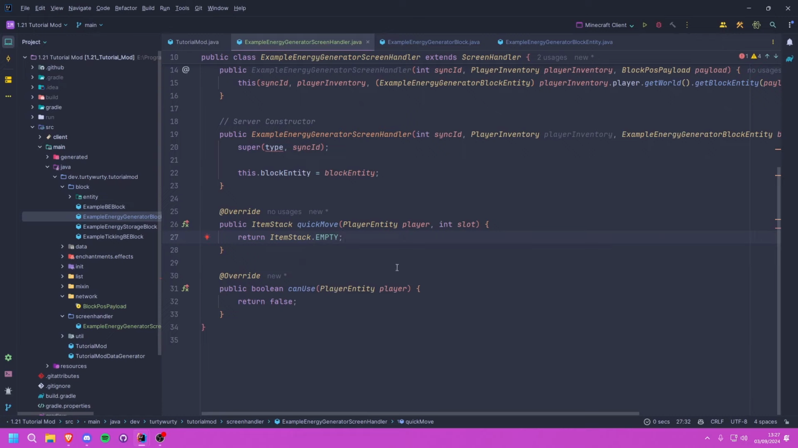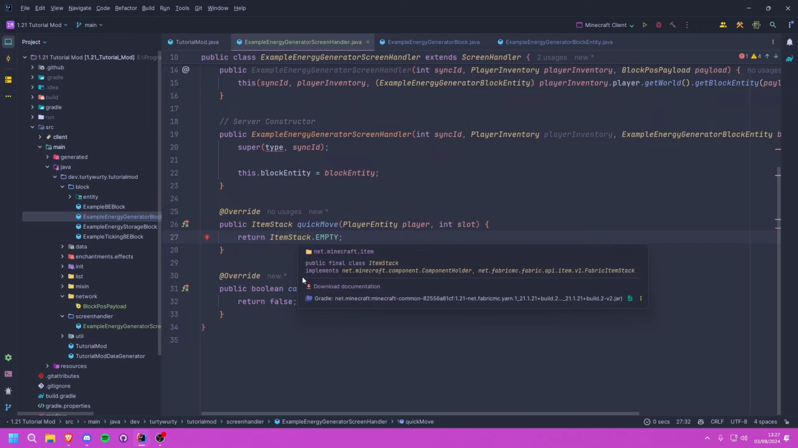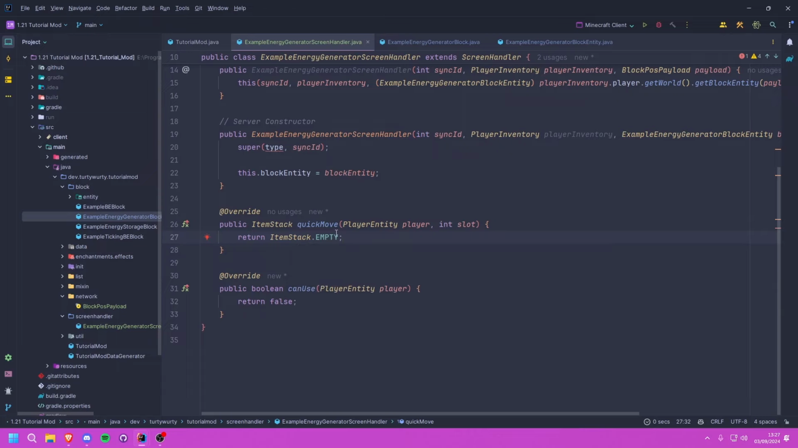So ideally we would have some actual logic to be able to handle that. I'm not going to do that in this tutorial, because that will make this tutorial quite long, and this quick move method can get quite complex quite easily. So I'll talk about that more a little later when we actually do the items inventory tutorial for the block